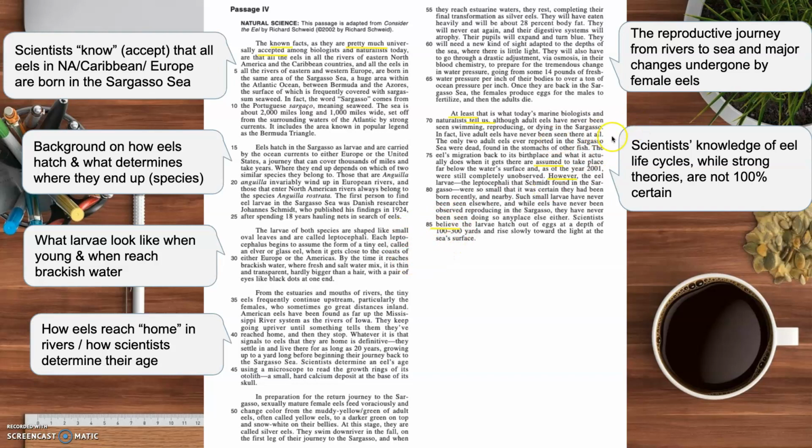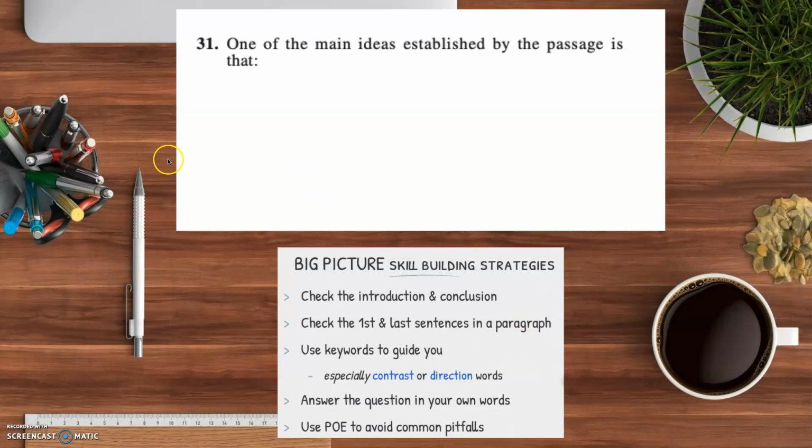So the big idea in this paragraph was that scientists' knowledge of eel life cycles, while strong theories, are not 100% certain. So now that we've done an overview of the passage itself, let's take a look at our question. And the question states, one of the main ideas established by the passage is that...